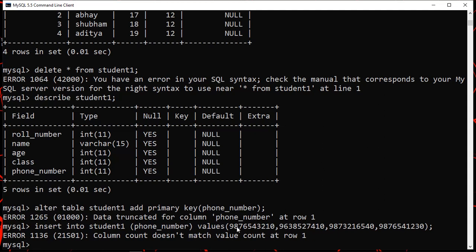We are having 1 2 3 4 5 6 7 8 9 10 digits. It should insert. I think there is a problem inside this particular integer column. So we can change that. Don't worry about that. We can modify the data type of this particular field by using the modify statement. So let's find it out.